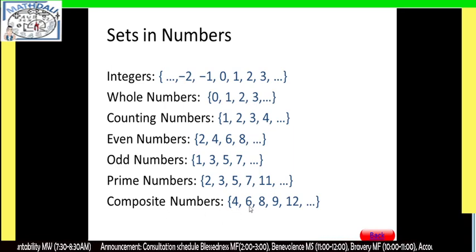Okay, so yan yung composite number. 6. Aside dun sa 6 times 1, meron pa tayong 2 times 3. That will give us 6. Then we have 9. Ganun din yon. 9 times 1, aside dun sa 9 times 1, meron din tayong 3 times 3. 3 and 3 are factors of 9. So, please be familiarize yourself with those set of numbers. Kasi ma-encounter po natin to when we will be discussing about the set. So, dapat familiar na kayo dyan.